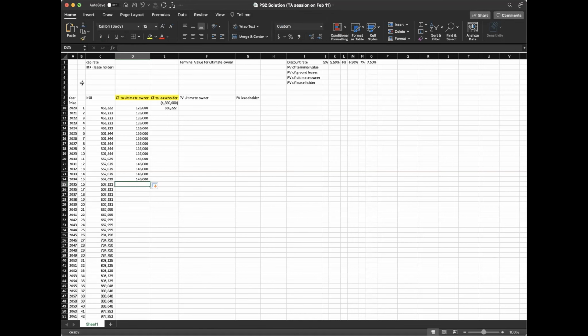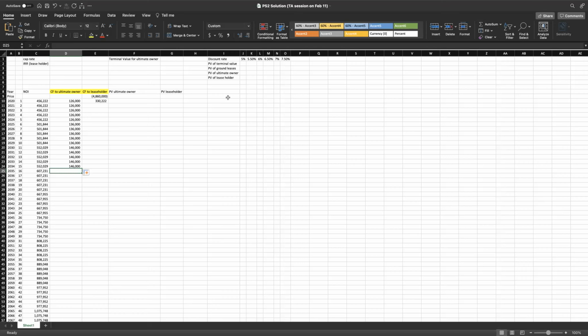So according to the assumption, starting from year 2035, it will grow at 10%. So you will get this number 160,600 starting from year 2035, or like 16 years from now, and it will